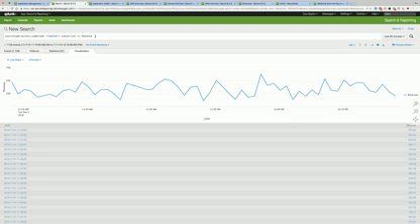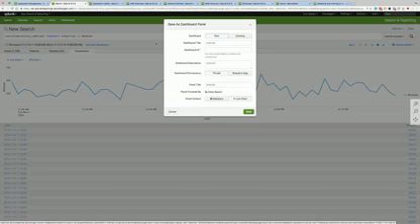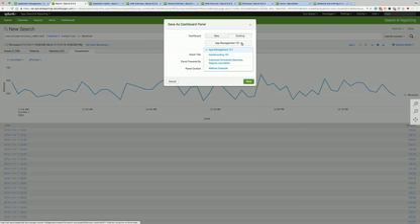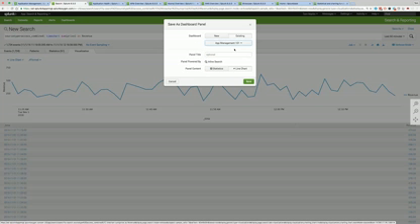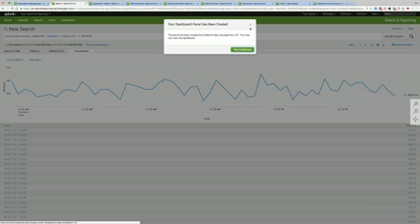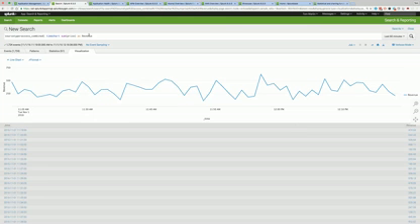So this is nice. This is great, and I'd love to save this. So let me just save this out as a dashboard panel, and I'll make it on my App Management 101. And I'll do the line chart, save. Not going to go to my dashboard just yet because there's one other thing that I want to talk about,